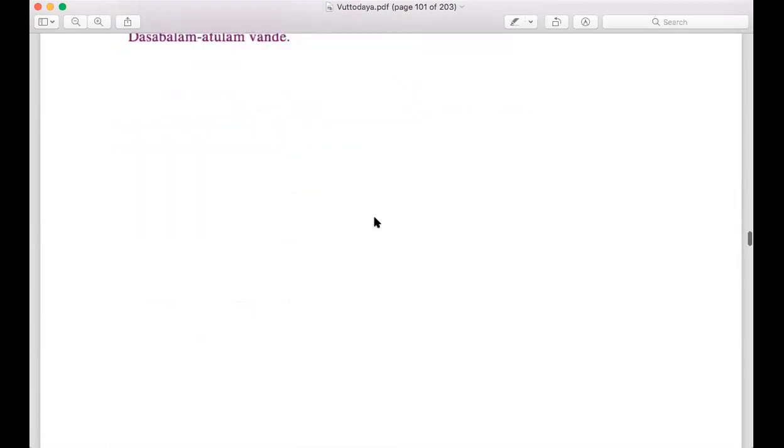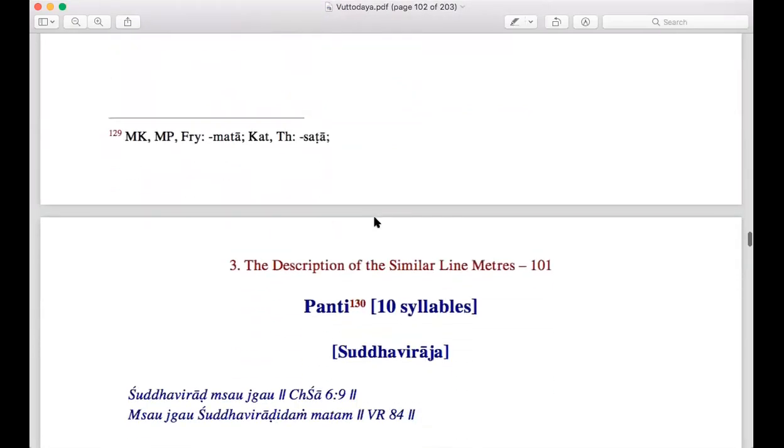Okay, so here is the 9-syllable verse. There are only 2 examples. No, sorry, not examples. There are only 2 verses in 9-syllable verses in Vuttodaya. But in Vuttaratnakara and Chanda Shastra, there can be more. But in Vuttodaya, we have only 2 verses in 9-syllable verses. So